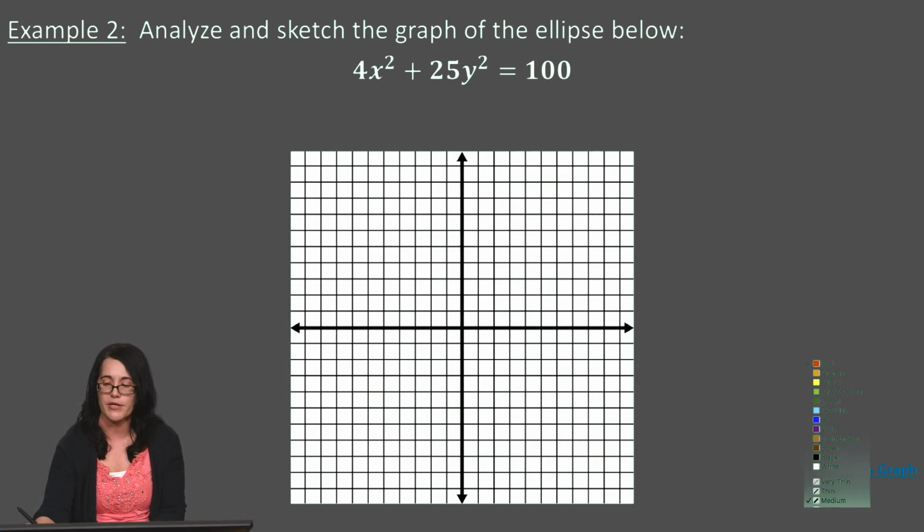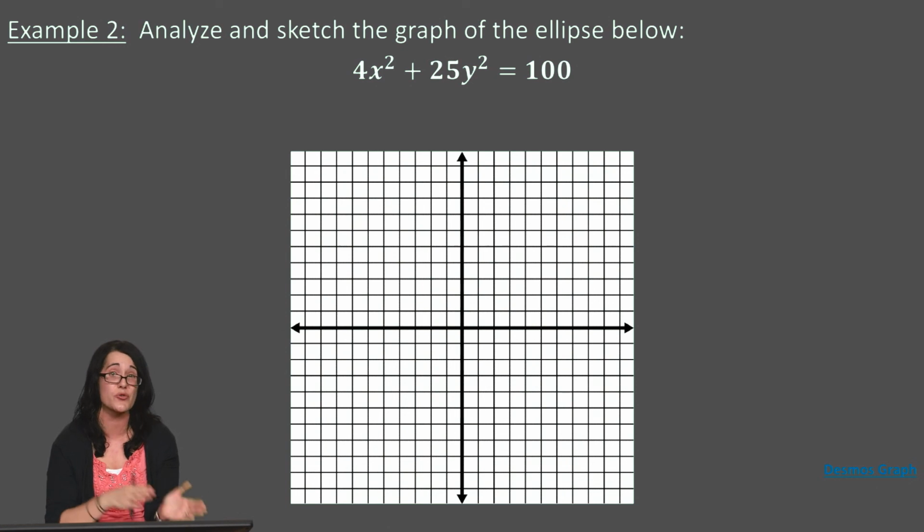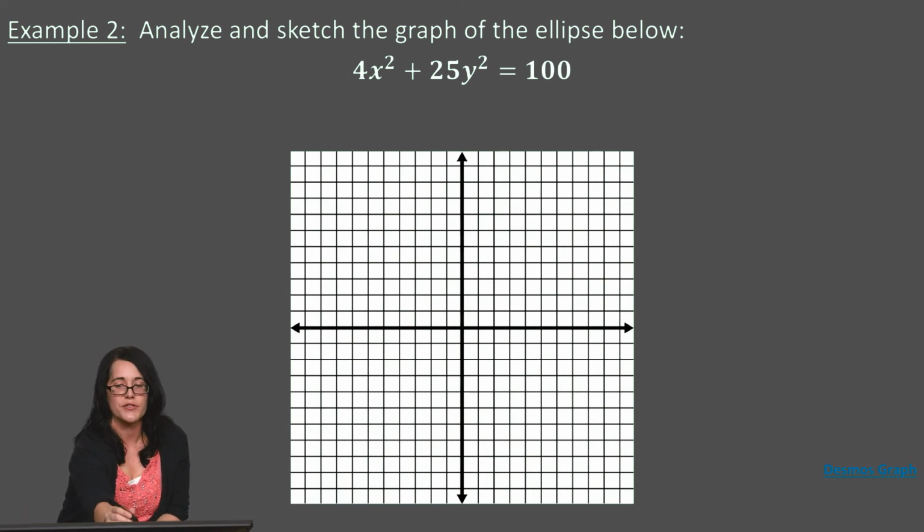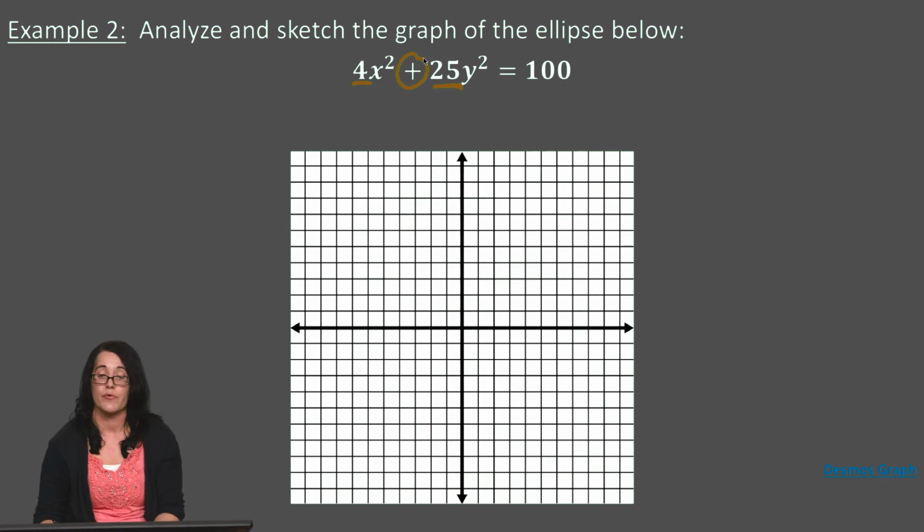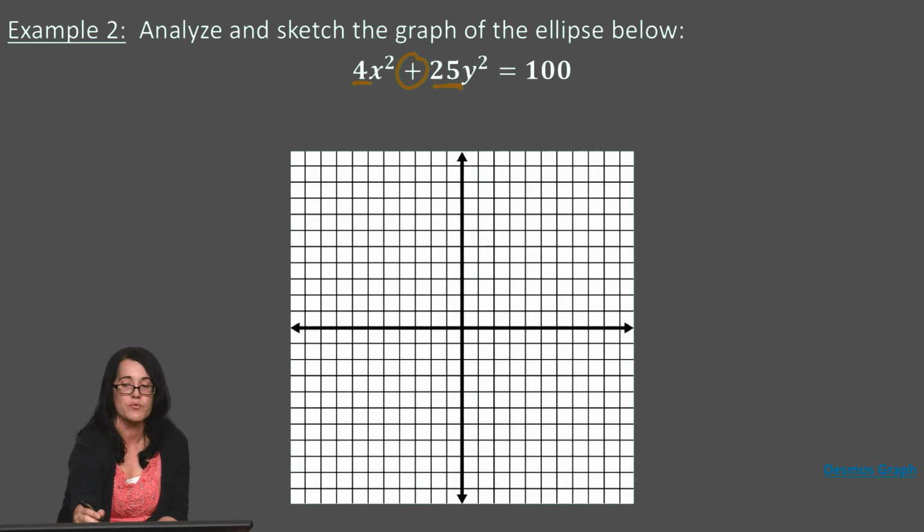One of the ways you can tell that it's not, for example, a parabola is because we have more than one squared term. Remember, if it's a parabola, only x is squared or only y is squared. So I know this is not a parabola because both x and y are squared. Next, I'd ask myself, is it a circle? Well, to tell if it's a circle, I would see whether these coefficients are the same and if we're being added together. Well, they are being added together, but the coefficients are different,